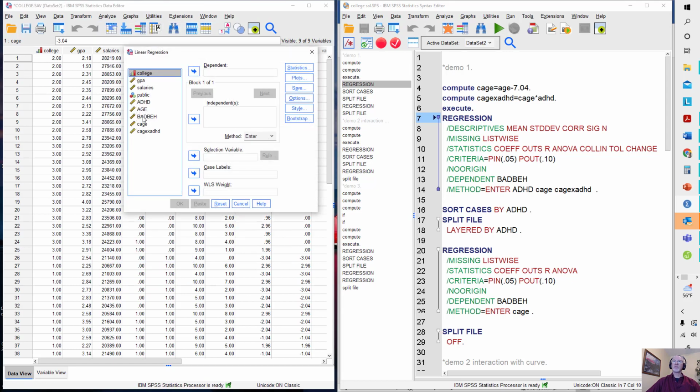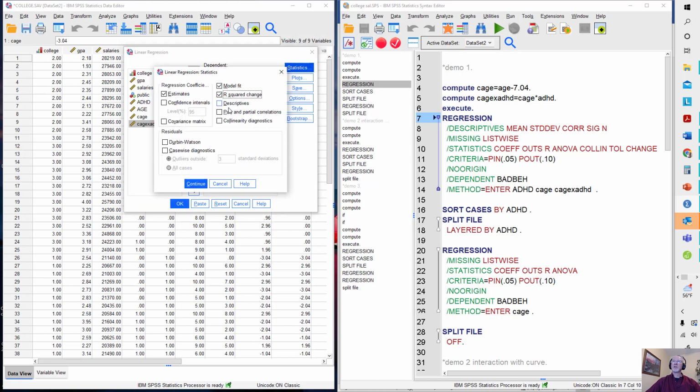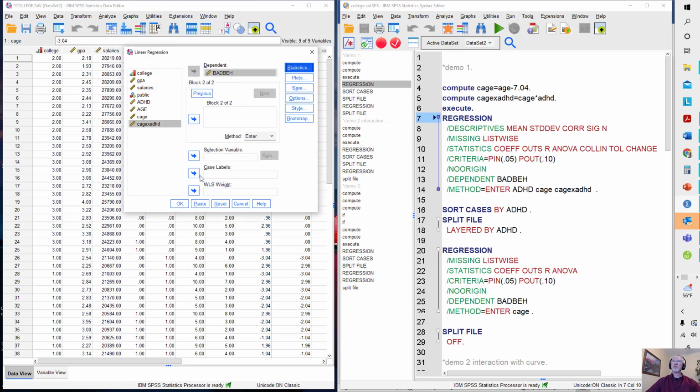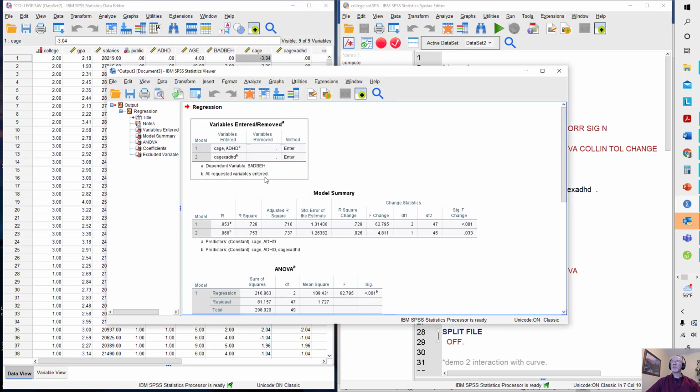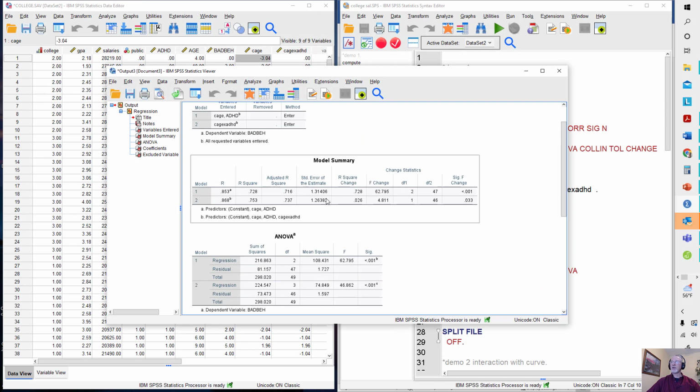So I'm going to go ahead and put in bad behaviors for my dependent variable, and I'm going to put in ADHD for one of the independents, centered age, and we can go ahead and put in the interaction term all in one model, or we can do it hierarchically. Put that interaction term in on the second step. Run that, and